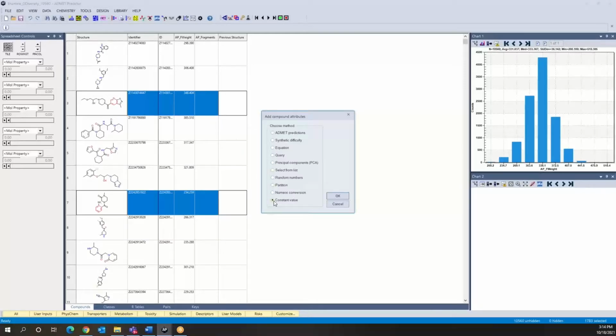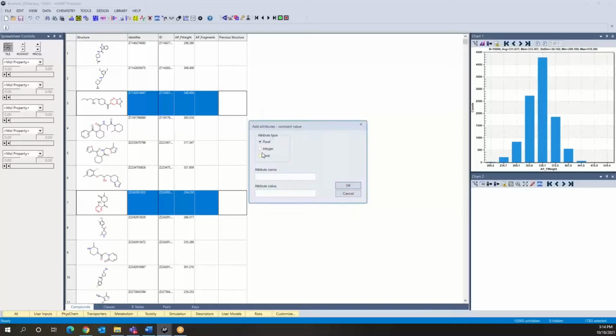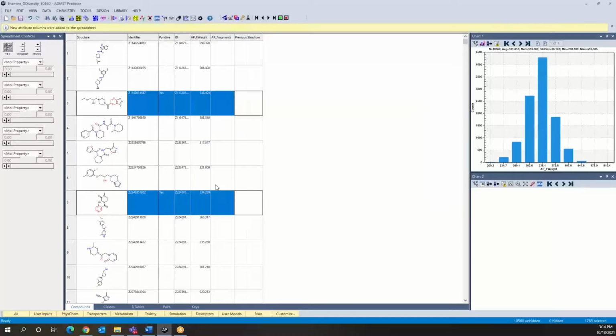This is going to be a constant value, and in this case it's going to be text. The attribute name is going to be pyridine. And since these are the compounds containing it, we're going to say yes, it contains one or multiple pyridine rings. So we've added a pyridine column here, with the compounds actually containing one or multiple pyridine rings getting a yes